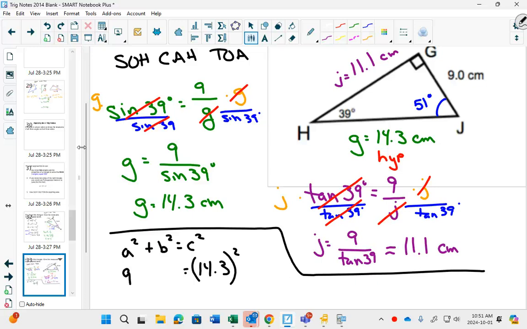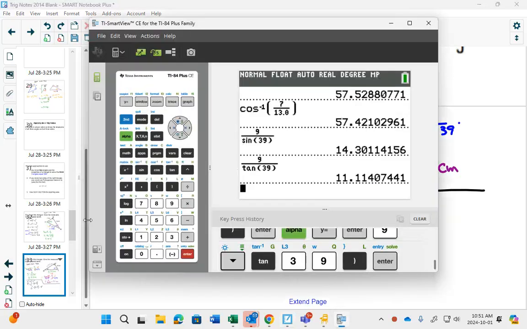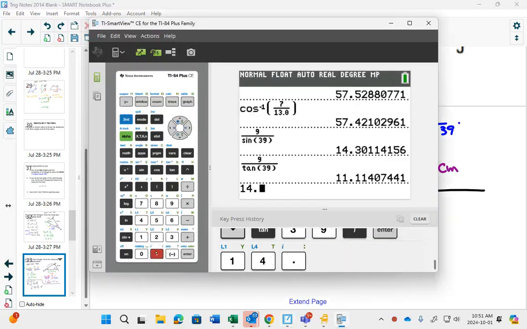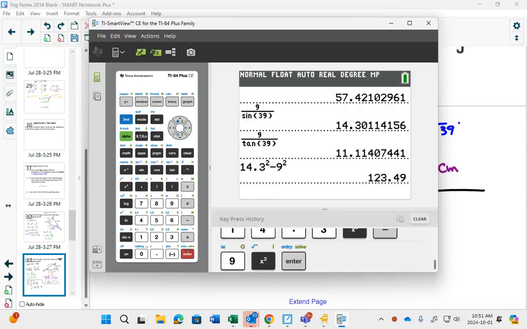I know that one side is 9 squared, and I wanted to find J. So if I went to my calculator, and I did 14.3 squared minus 9 squared, pushed enter, and then did the square root of that answer,